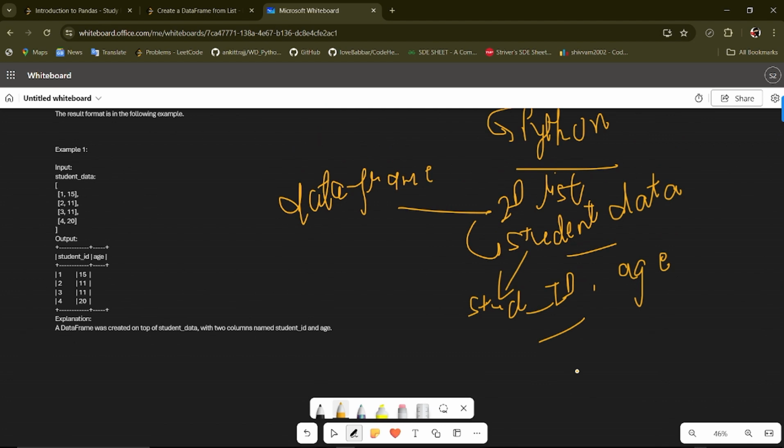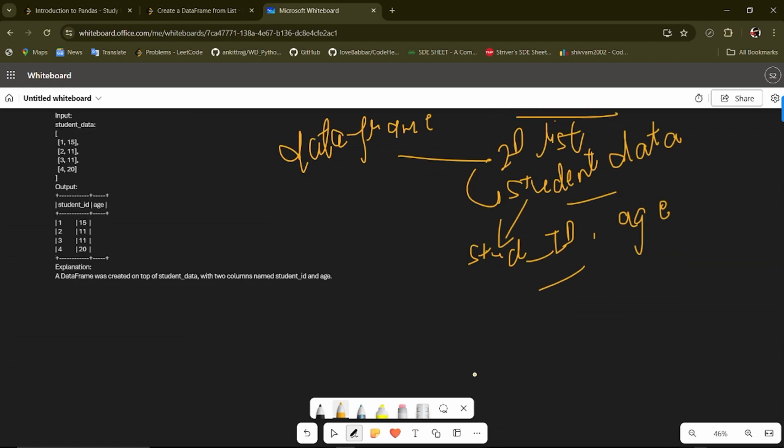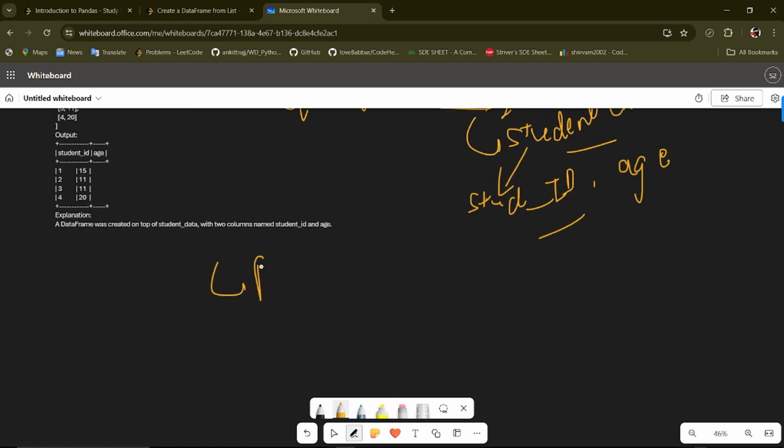This task is crucial for dealing with data imported from various sources that is presented in list format. Let's jump into the code.